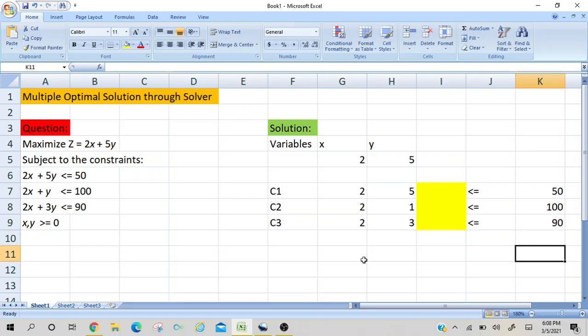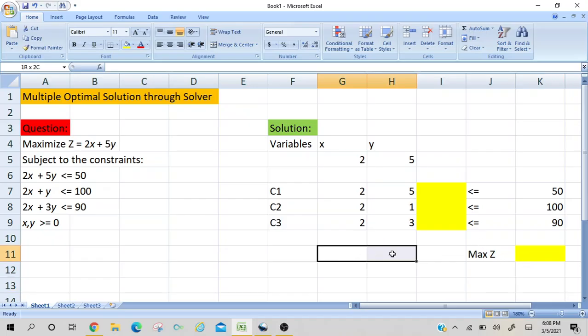Then I will fill cell K11 with the same yellow color, because this cell will give me the maximized value of z. I have given the name for this one, maximize z.